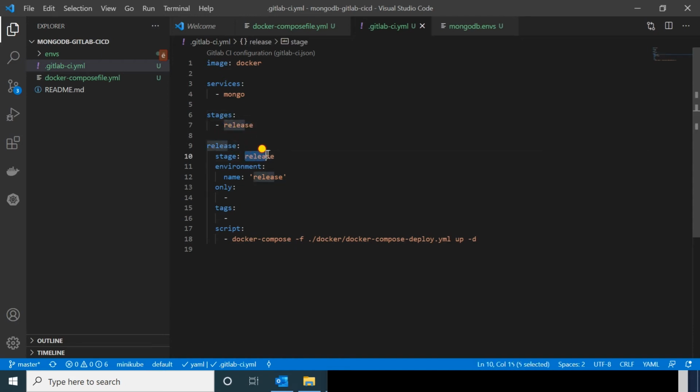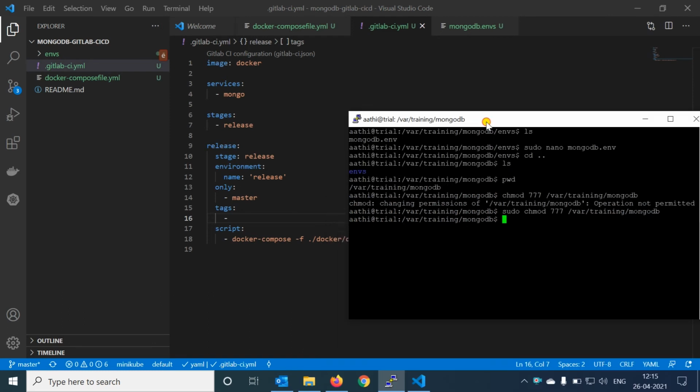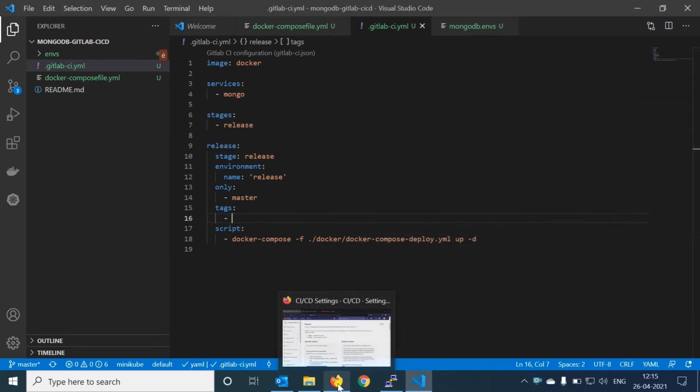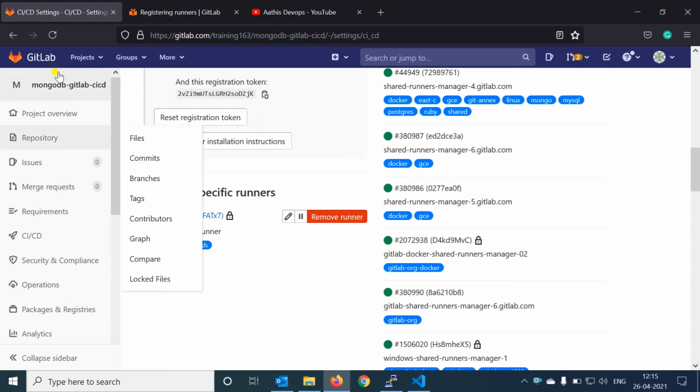The stage name is a name we can customize, and wherever we are using the stage name, it needs to be recalled here. And the environment is release, which I have used for our verification, and we need to give the branch name. So here I'm using only one branch in my collection in GitLab. So I'm using master. When I'm committing to master, this MongoDB deployment will trigger. So this is the branch name. We need to mention in which branch the commit happens that the deployment needs to trigger.